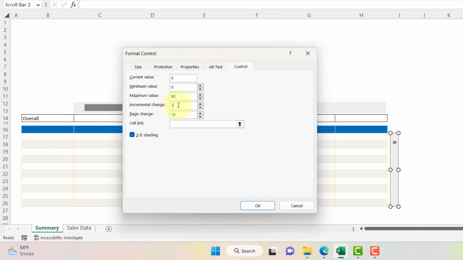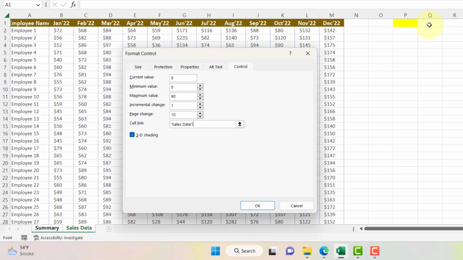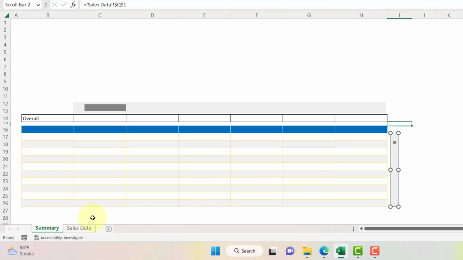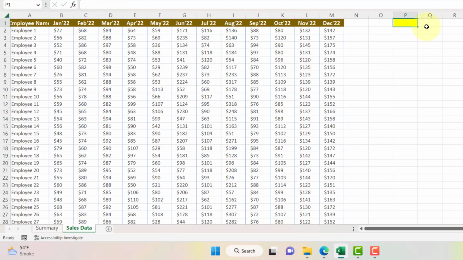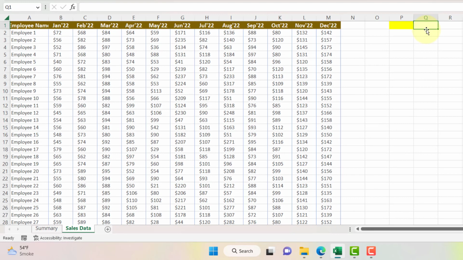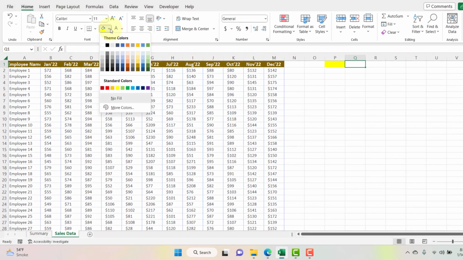So the incremental change will be 1, and the page change would be 10, because we are showing 10 employees' information over here. Now we need to link this scroll bar with a cell so that we can store the scroll position. So just click on that, and in Sales Data let's give the reference of Q1 and click on OK. Let's move to the sales data and select this Q1,